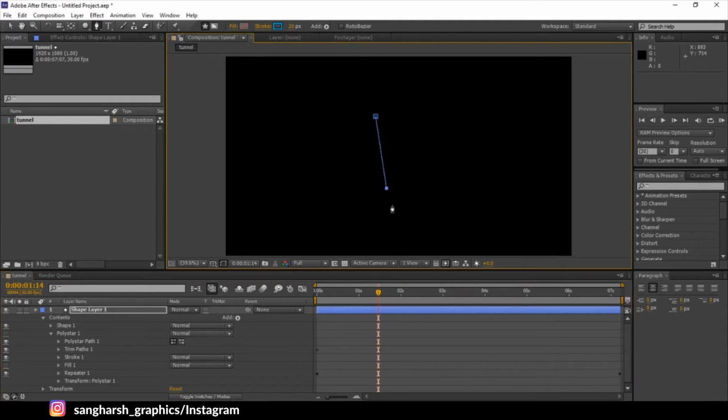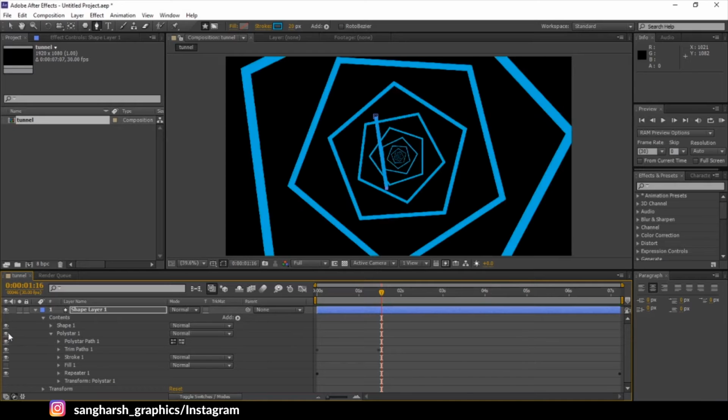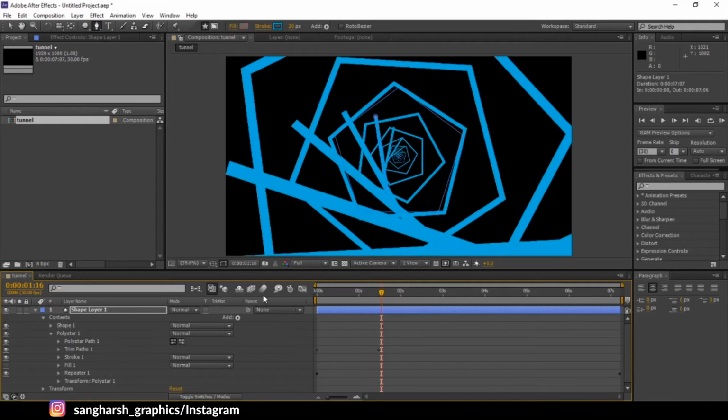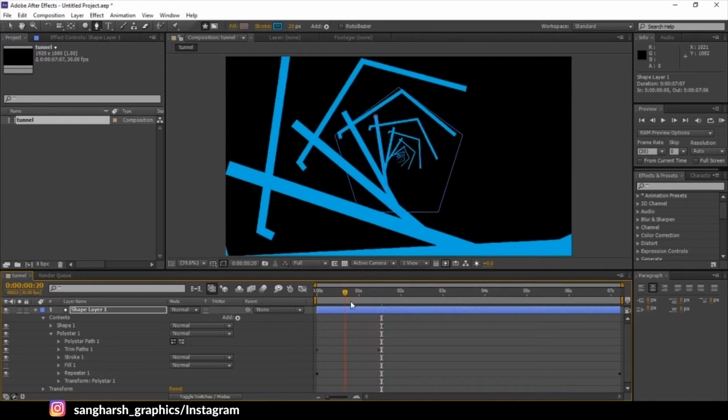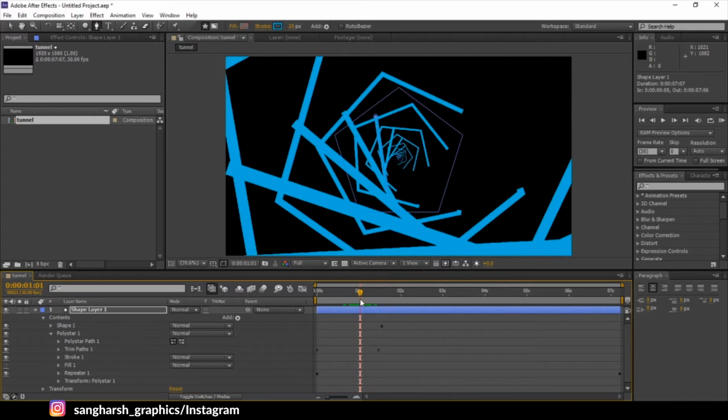It will add a path in here, same on the polystar layer again. Now select the repeater, press C, select the shape, press V. It will copy the same repeater properties to it, but as you can see it's not animating because we need to animate it.